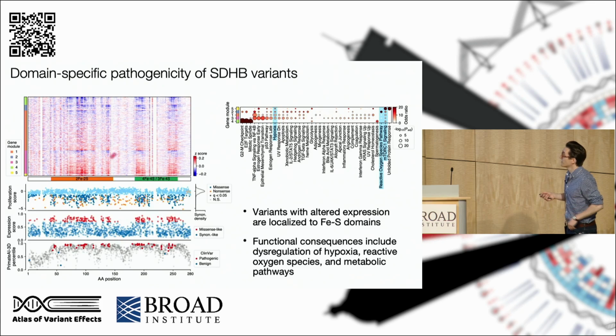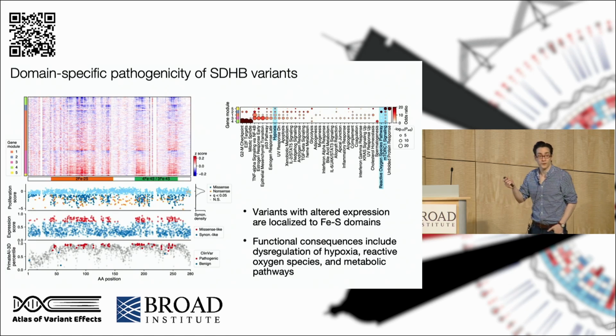And so typically we visualize our results using these kinds of representations. At the top here, I'm showing you what the average transcriptome profile across all amino acid positions in the gene looks like, with the transcriptome represented as Z-scores: variants that increase expression shown in red, variants that decrease it shown in blue. Below is the proliferation score, where we can use synonymous variants to calculate which variants are significantly depleted or enriched relative to this, and apply FDR, which shows effects consistent